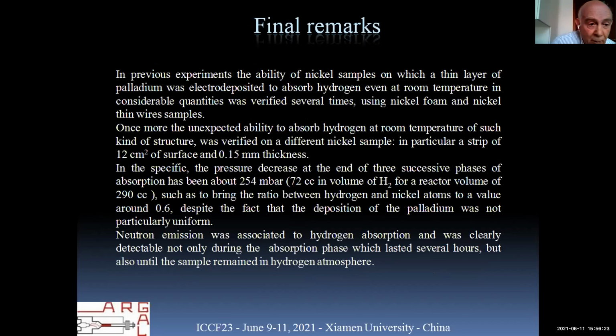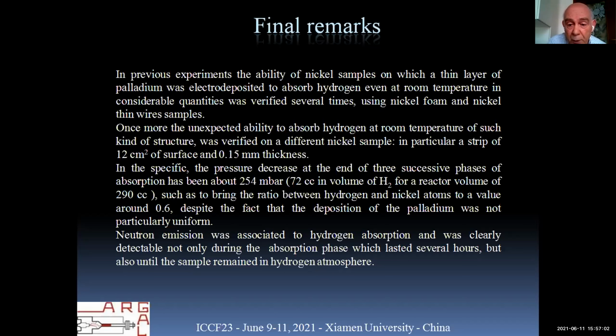Final remarks. In previous experiments, the ability of nickel samples on which a thin layer of palladium was electrodeposited to absorb hydrogen, even at room temperature, in considerable quantities, was verified several times. I presented work on this in other conferences, using nickel foam and nickel thin wire samples. Once more, the unexpected ability to absorb hydrogen at room temperature of this kind of structure was verified in a